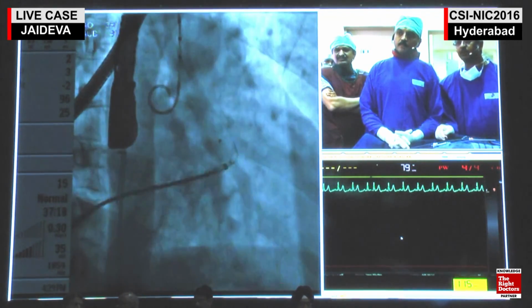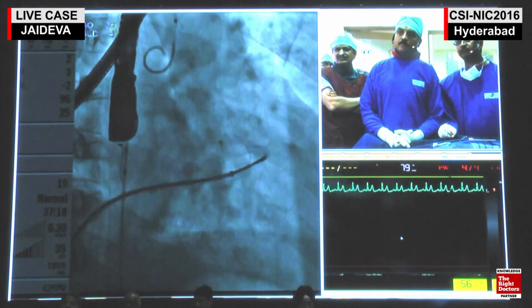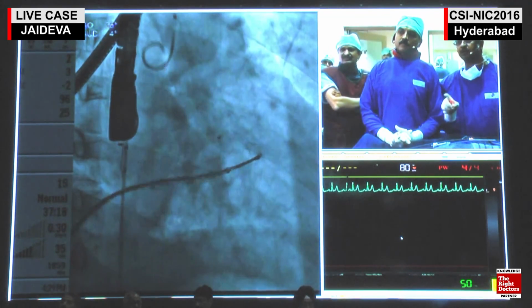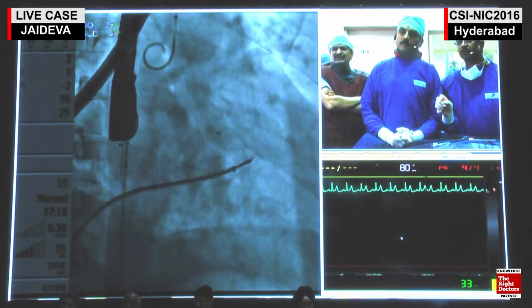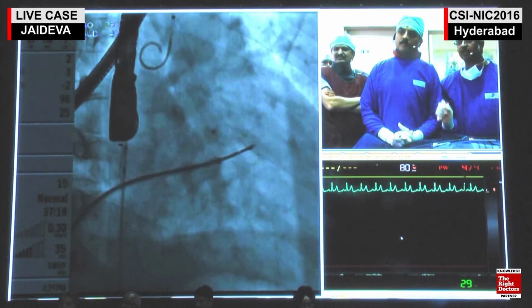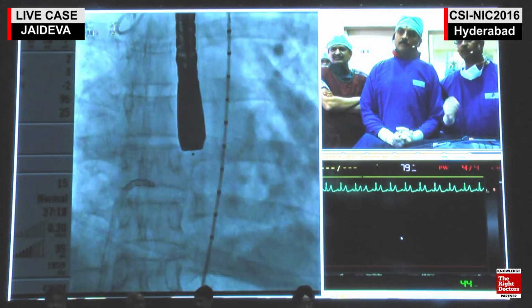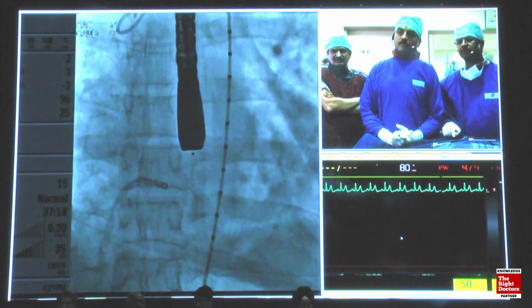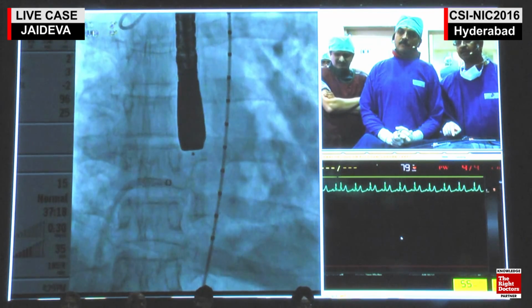Next. This is a 14 by 12 device. You see what happens. It's sucked into the wind sac. So probably our measurement was wrong. So this is not the way. It will come out, definitely embolized. So we did not release the device. We retrieved it back and redid the whole thing once again. We wanted to upsize to 16 by 14. We went back to the angiography and measured it. At the aortic side, it was measuring around 14 millimeter.